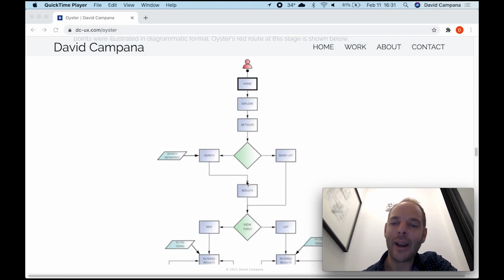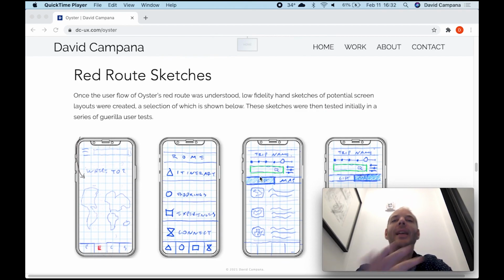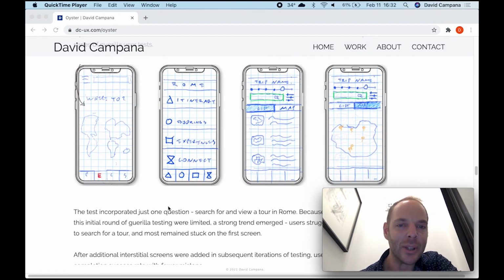So this user flow diagram represents just one task, and typically there will be multiple user flow diagrams for any particular product or feature. So now that we've established a high-level structure for the product, we're starting to sketch out screens, very high level, and at the early stages, they're literal sketches. I did these digitally with a program called Autodesk Sketch on my iPad,